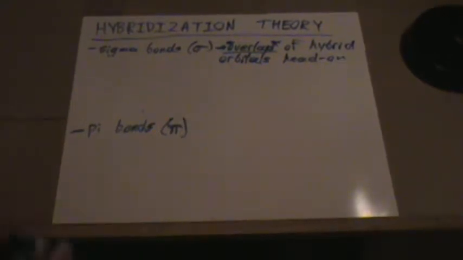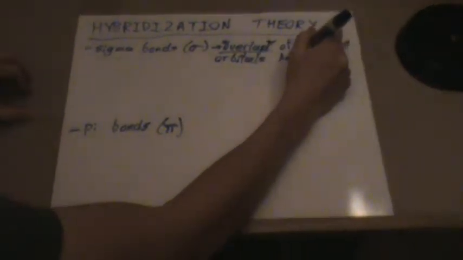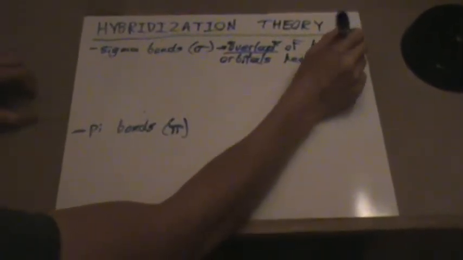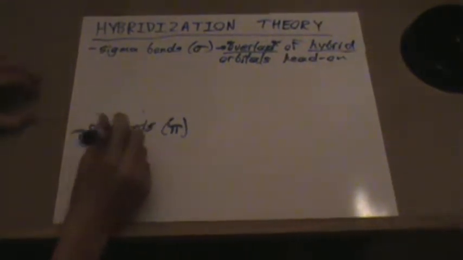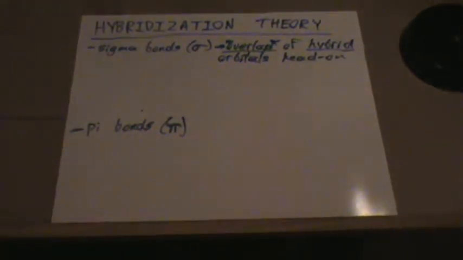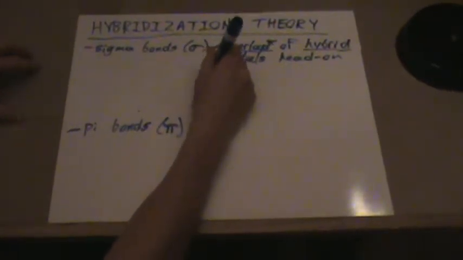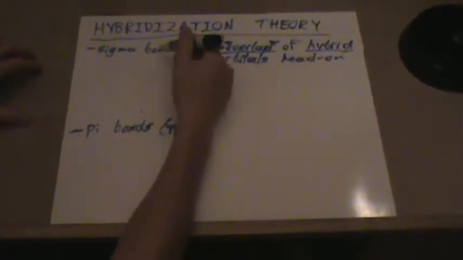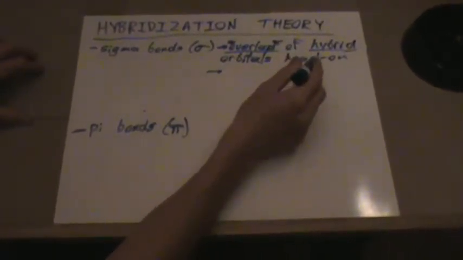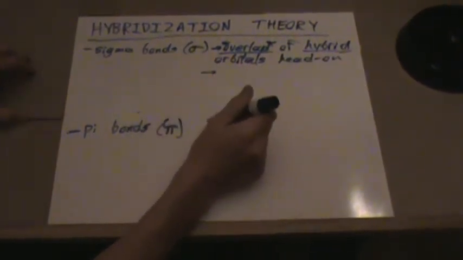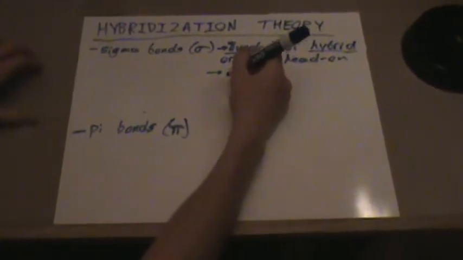So now, how does this influence different characteristics about the bond? Well, as we've said before, it's the overlap of hybrid orbitals, in which pi bonds, you find out, are only the overlap of atomic orbitals, which is a little bit funky, but we'll see exactly how that works. But the biggest idea that I want you to grasp when distinguishing between sigma and pi, beyond the head-on overlap versus what we'll find out later about pi bonds, the sideways overlap, is the idea that sigma bonds